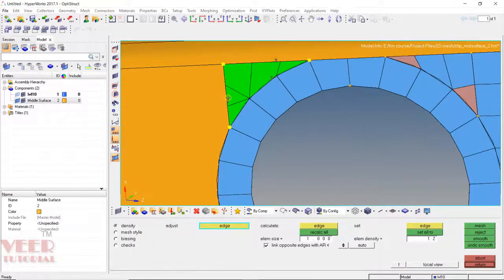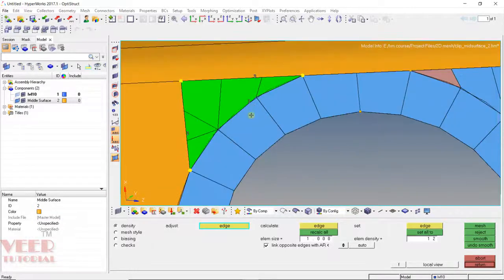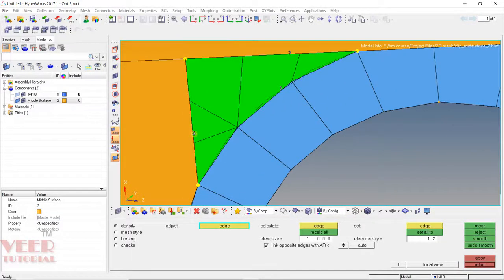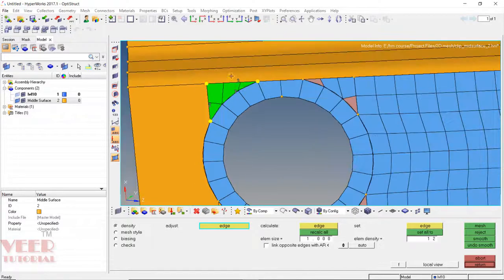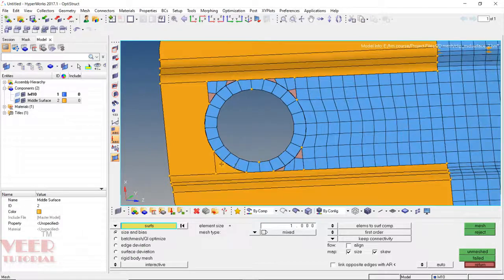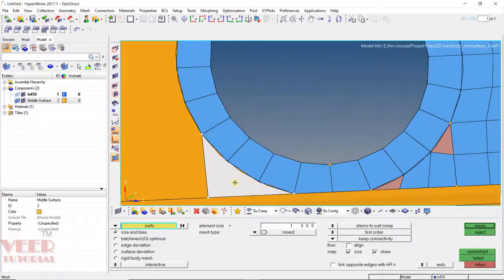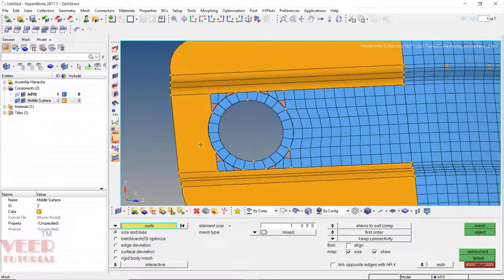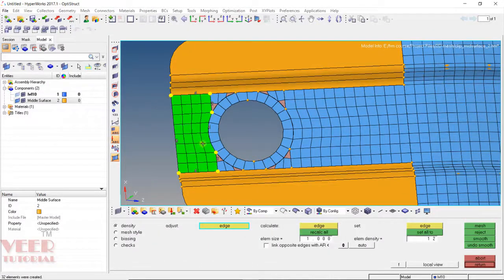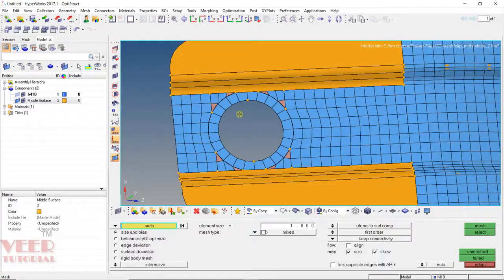So here let's say I select number of elements 2. When I want to make some changes to this, if I make it 2, the other is also going to 2. So what we can do is uncheck this, and then I want to select 3 elements and here 2. With this we can see we have a much better mesh. Again here I select the elements, I want 2 elements here and 3 here, and then do the mesh of this surface. Now we can see we have a much better mesh.